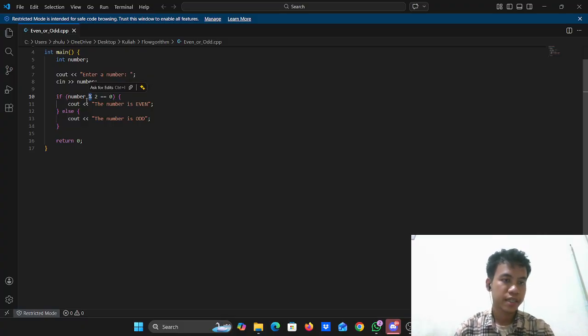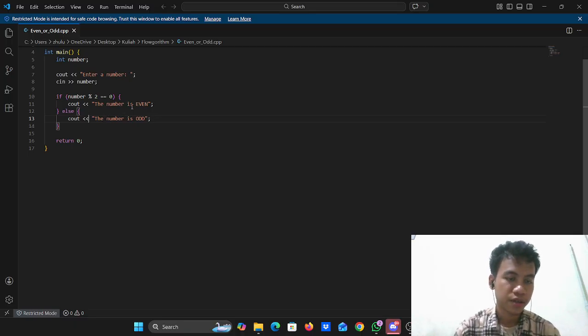It finds the remainder of a division. And last, we have the output result, the number is even or the number is odd. The number is even for true and the number is odd for false.